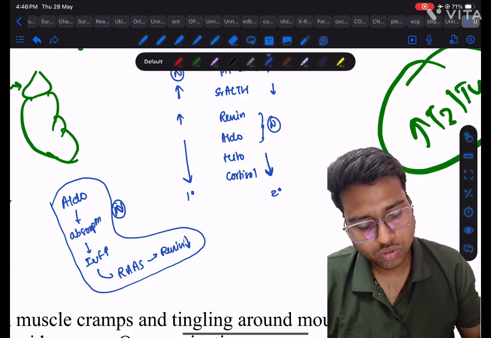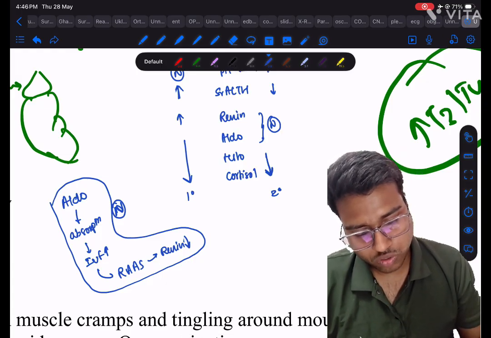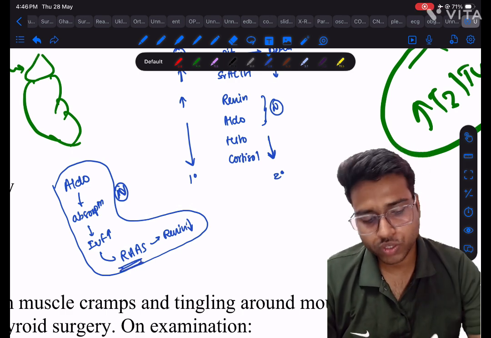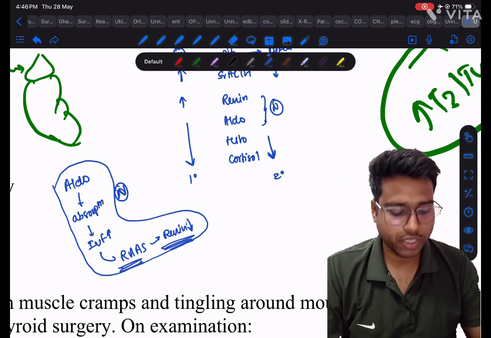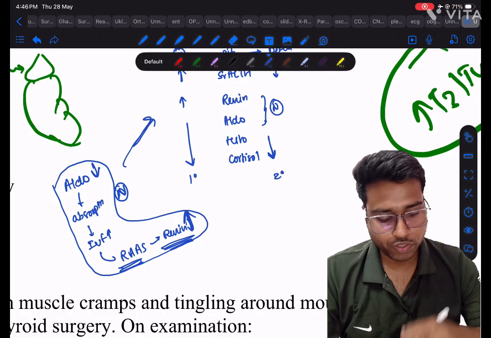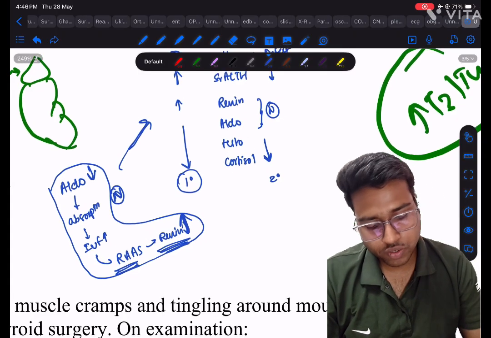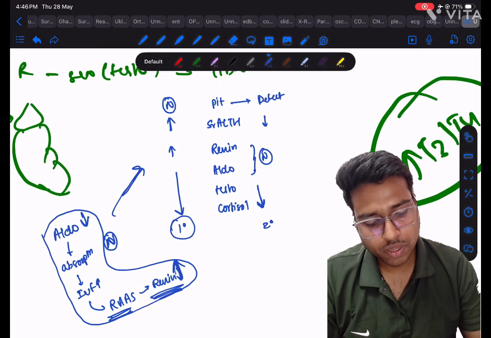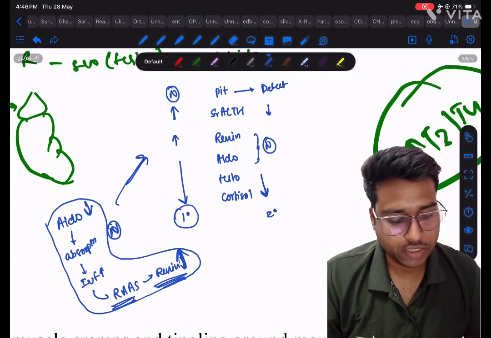Okay. So what I told you, normally aldosterone causes absorption of sodium. उसकी वजह से वाटर फॉलो करेगा तो इंट्रावेनस फ्लूइड बढ़ जाएगा. सो इसका RAS इन्हिबिट हो जाएगा. जब फ्लूइड बढ़ेगा, RAS इन्हिबिट होगा तो रेनिन लो हो जाएगा. बट aldosterone इज लो, सो रेनिन विल राइज. दैट्स व्हाट हैपनिंग इन द प्राइमरी एडिसन्स डिजीज.